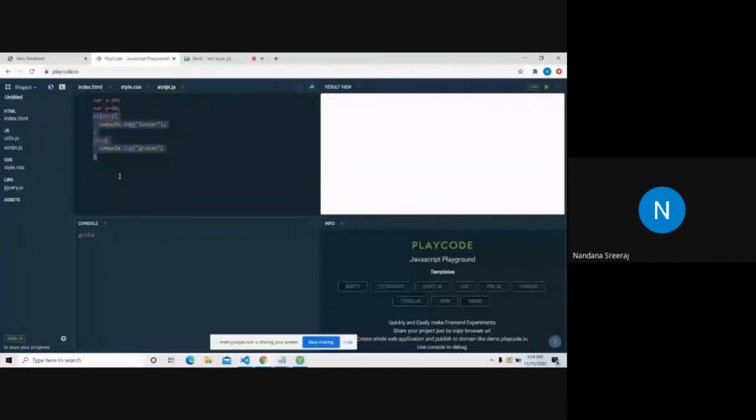Like if we have to check if the color of the header tag is black, make it blue, or if the color is blue, make it red or something. We can use that. This is what we use in websites, like for colors and all. We use this if condition.